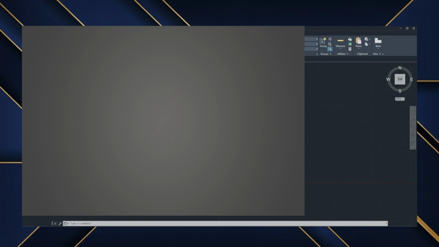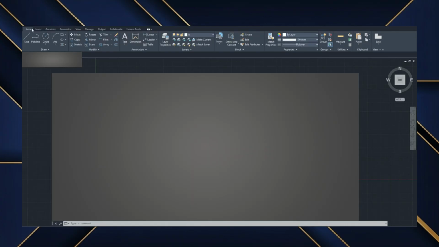In this video, I'm going to show you how to add text in AutoCAD quickly and efficiently for clear annotations and professional drawings. Start by opening the Home tab and locating the Annotations section where the text tools are available. Click on the text option and choose between single-line text for short labels or multi-line text for longer notes and